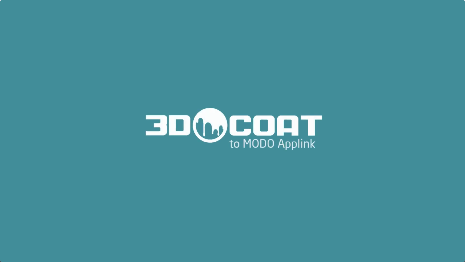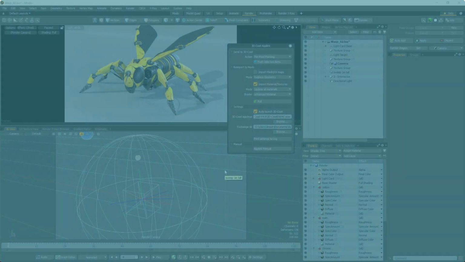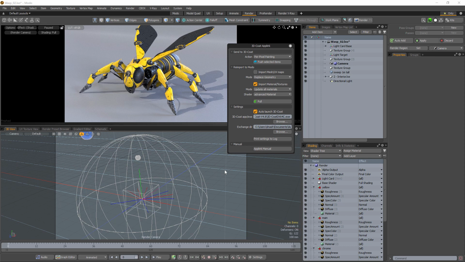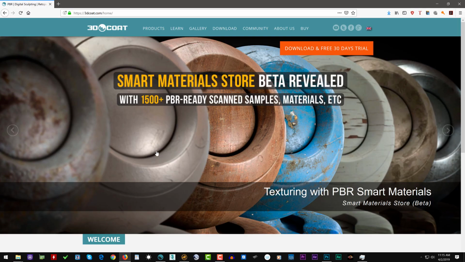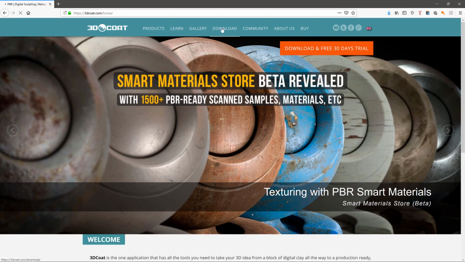In this video, we're going to go over the 3D Coat Applink connection plugin for Modo that's been completely rewritten recently. We're going to first start by covering the installation process. So I'm going to go to 3D Coat's main page, click the Download tab,